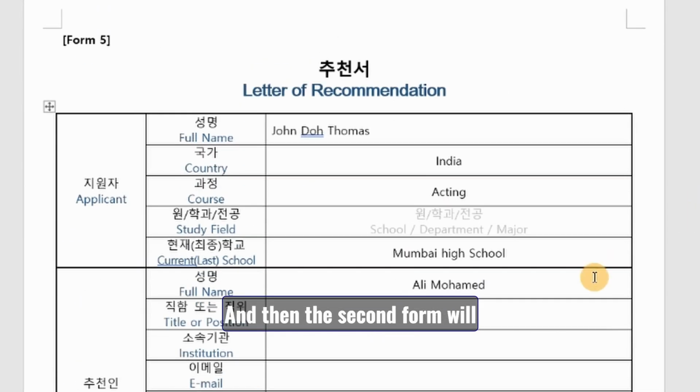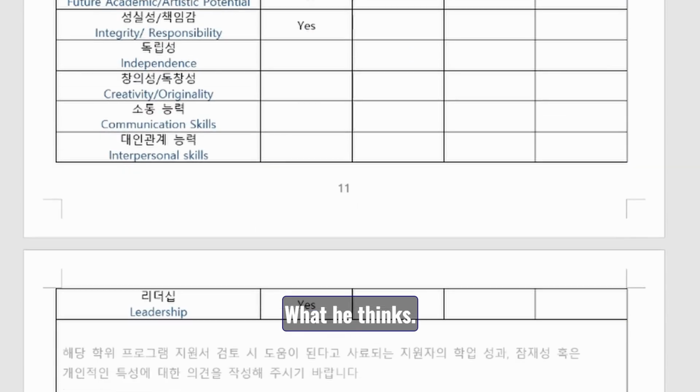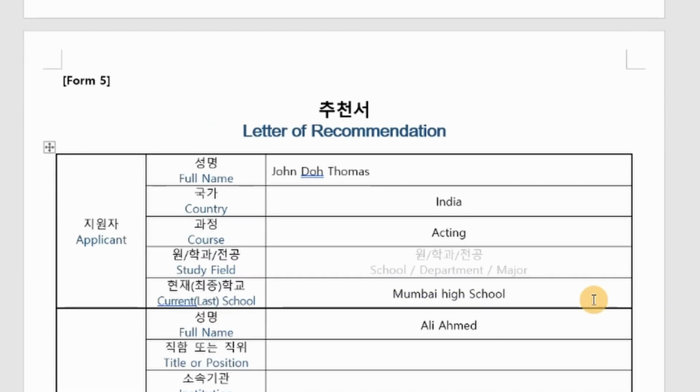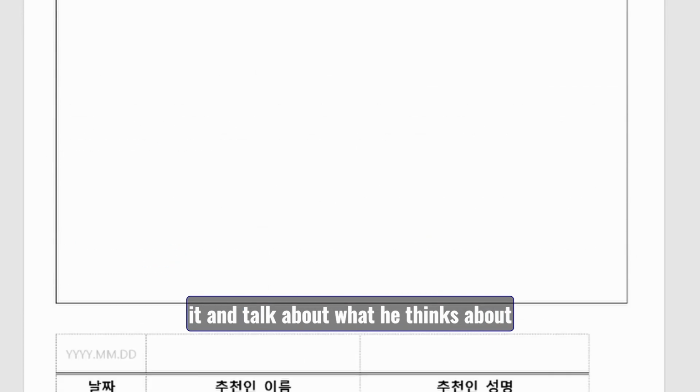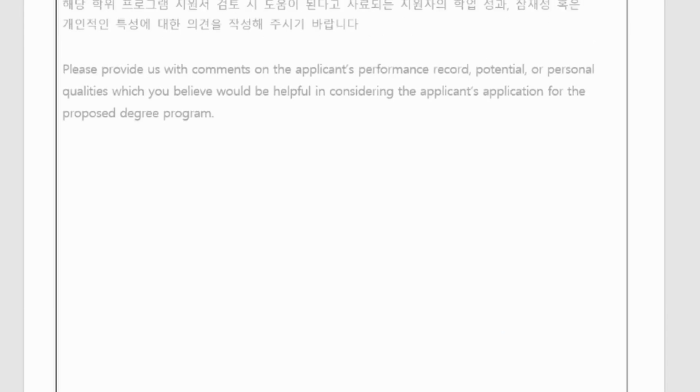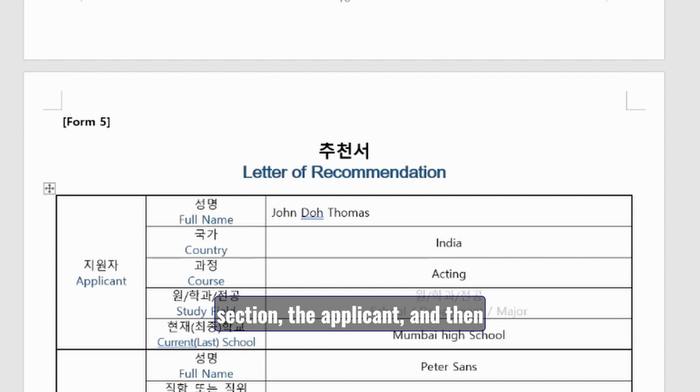And then the second form will be filled out by Ali Ahmed. He has to equally fill it out and talk about these things that are down here, what he thinks. And then the last one was, I think, Peter Sands. He equally has to answer it and talk about what he thinks about you and write something down here. So don't be confused. You have to fill out the top section, the applicant, and then the recommender will fill